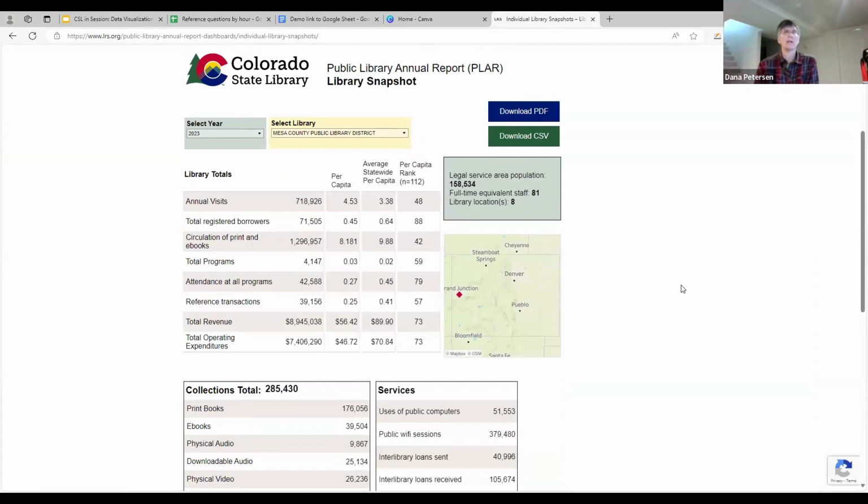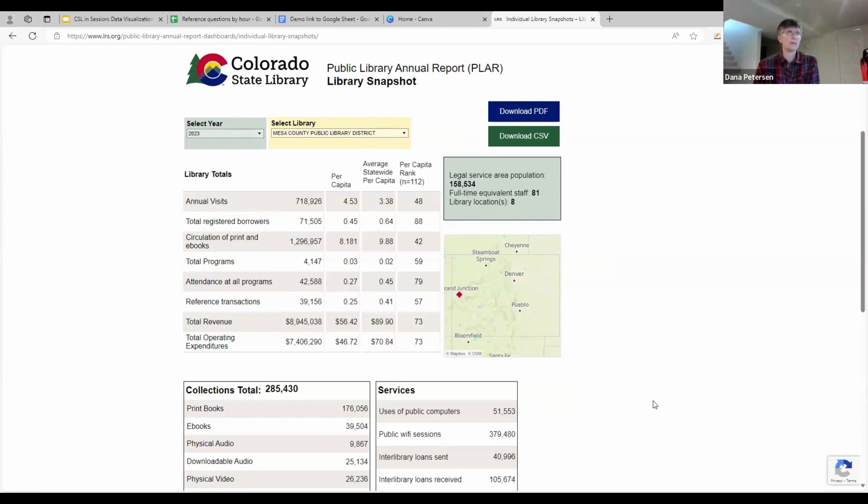But if you're a library getting ready to go to some community event or a board meeting or something, and you want some quick down and dirty data about your library, this dashboard can do that for you. I've got just 3 years of data going back in it and the big picture statistics for your library.